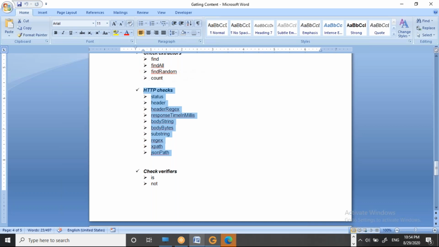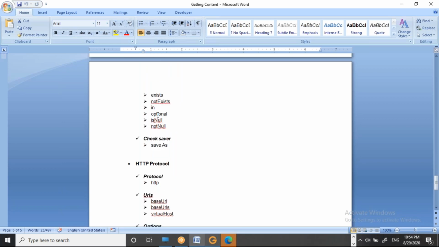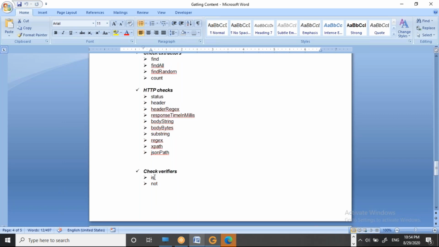I will tell you how to fetch a value from one API and push that value into another API. It's nothing but your correlation. We will go deep into correlation because this is the main issue, the main point to understand in performance testing or while script writing. Then the verifiers are not a big deal. These points are not a big deal, so we will handle and cover this also.